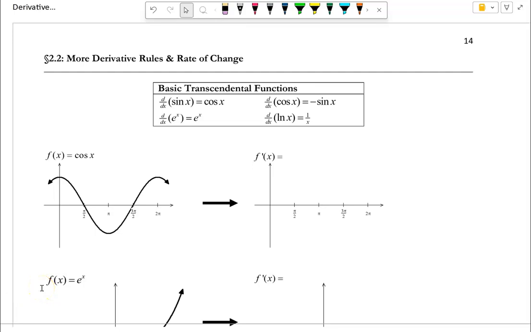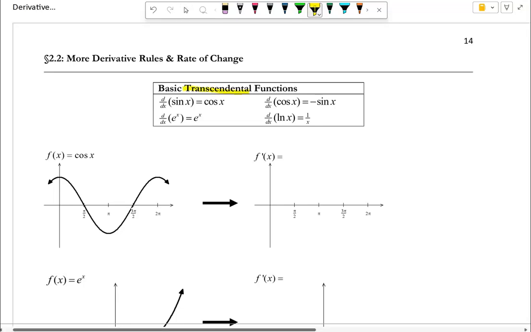So in Unit 2, Lesson 2, we're going to learn some more derivative rules and explore the derivative as a rate of change. I'm going to really strongly recommend that maybe we start making some flashcards, because we're going to want to memorize a lot of these rules, because we definitely don't want to use the definition of the derivative every time. So at the top of page 14, the first thing we're going to talk about are rules